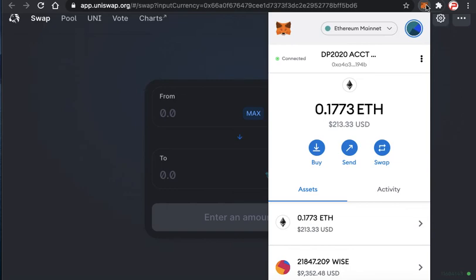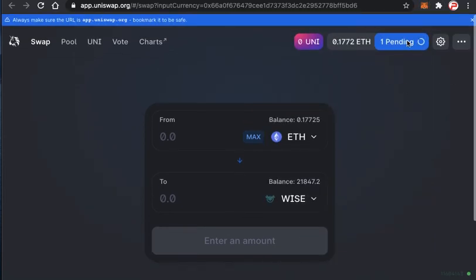where the investment has gone from this balance, and I'm just going to wait, because it's still pending on the site. So once this clears, then we should be good to go. So I'm just going to wait for this, and then we'll conclude the video. And you'll have your Wise token. I'll give you a link on where you can go to look at the value of Wise to see